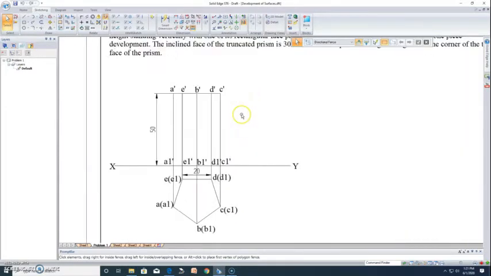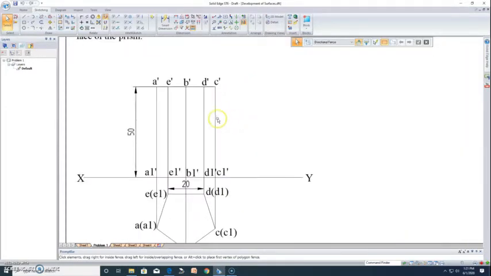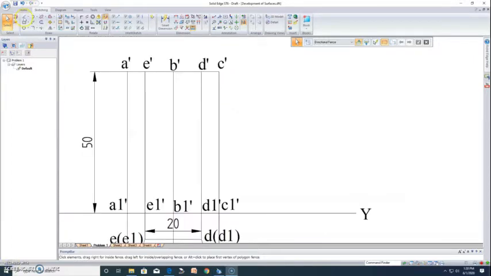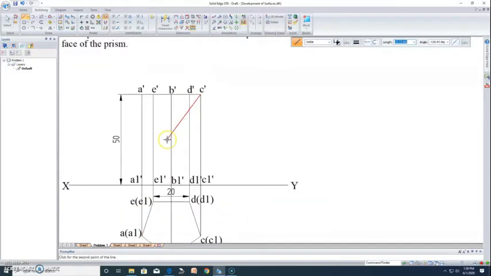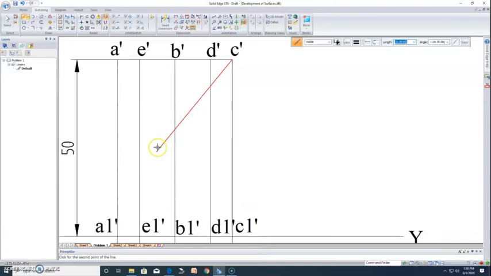section plane. The condition for the section plane is that it makes an angle of 30 degrees with the axis and it has to pass through the right extreme corner. In this case the right extreme corner is point C. I'll now draw the section plane from the right extreme top corner, that is C. So I'm going to draw a line from C which intersects the axis like this.